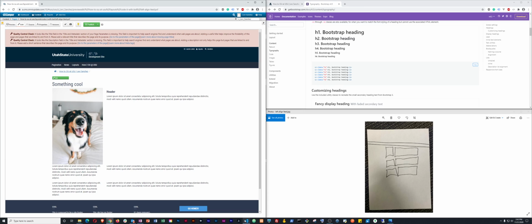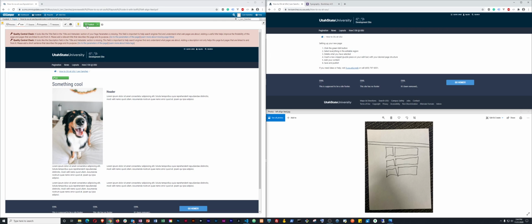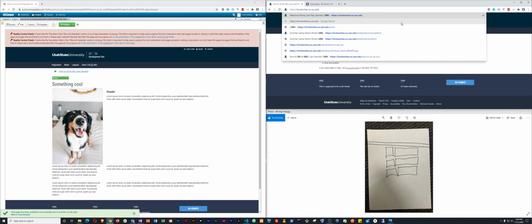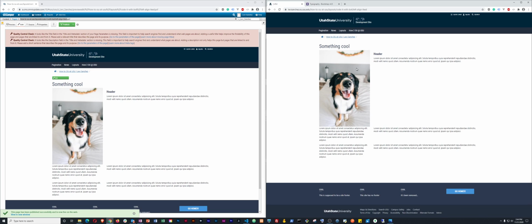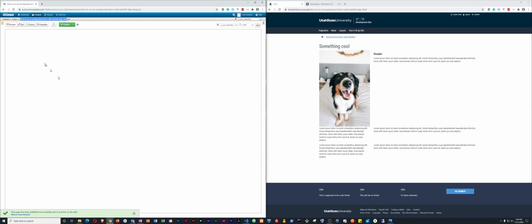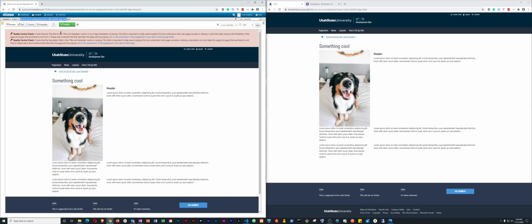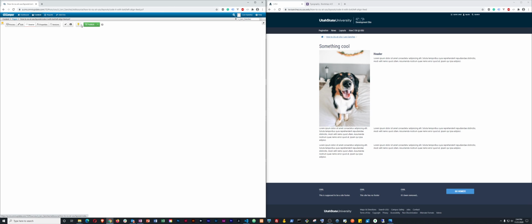I find that it's easiest to use Visual Studio for these sorts of things. It's just faster, and it gives you a lot more flexibility and control when you're trying to create these layouts. So once you're satisfied, you submit it for approval, and as long as there's no major problems with it, it'll get approved. And then you can take the slug of the URL, put that in your URL, and then you can go to the page and actually see what you've done. So cool. Otherwise, you can also see what you've done just by clicking preview. It looks the exact same, except you don't get the scary, nasty errors. But you shouldn't have those errors at all because you've already added those into your